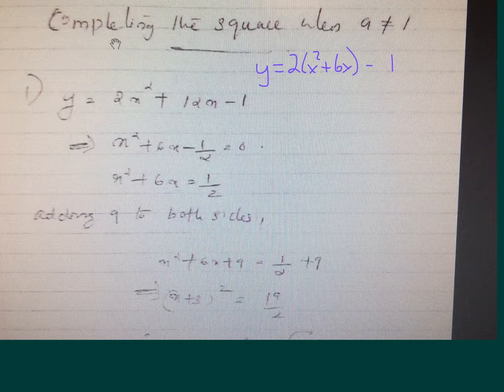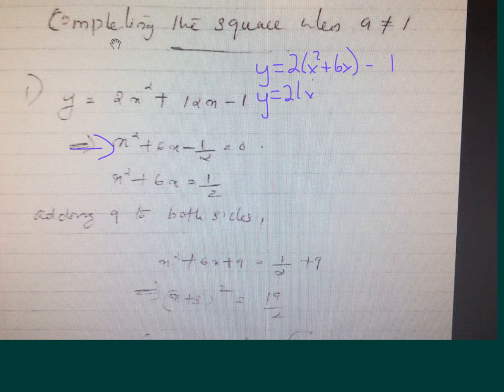Now, the step that you're doing next is what's incorrect. You're setting your quadratic equal to 0, and that's not what you want to do here. When you're trying to find the vertex, you're not looking for the roots. When we want the roots or the x-intercepts of the equation, that's when we set y equal to 0, because we always cross the x-axis whenever y equals 0. Unless you're given information in the question that y is equal to 0, you can't just set y equal to 0. So what you want to do is keep y in the equation,